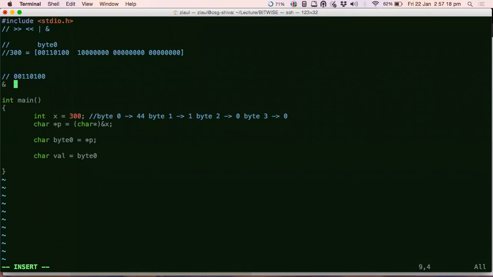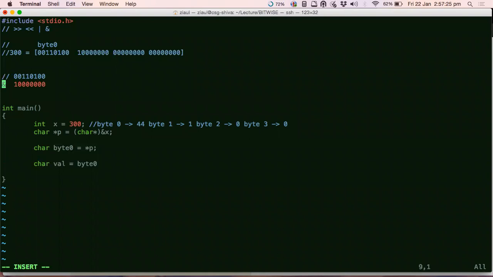Tell me. This is my original byte, which I'm trying to probe, and I am ANDing it with one more byte, but I have already decided what is going inside that byte. So this is my decided value, and this is the byte that I'm trying to probe, byte 0.